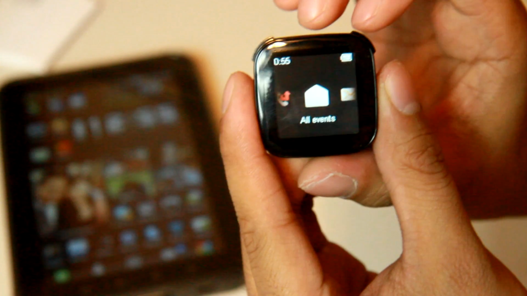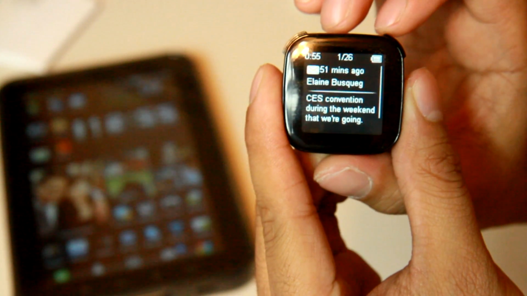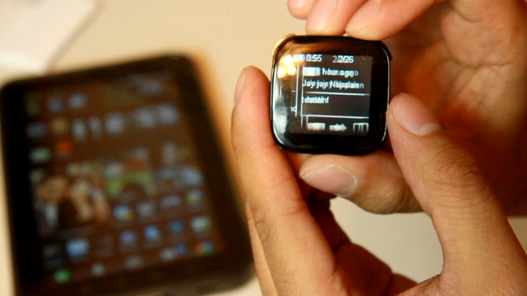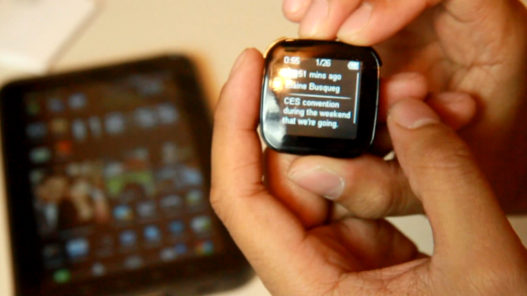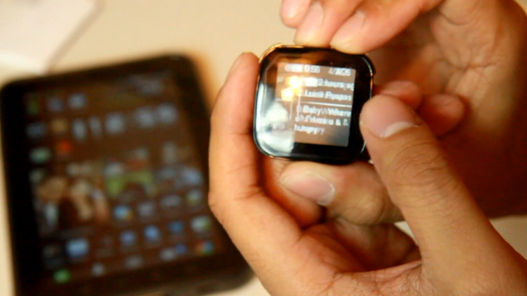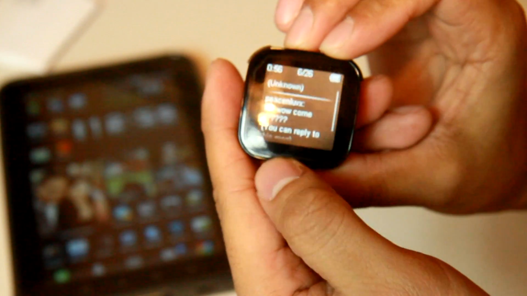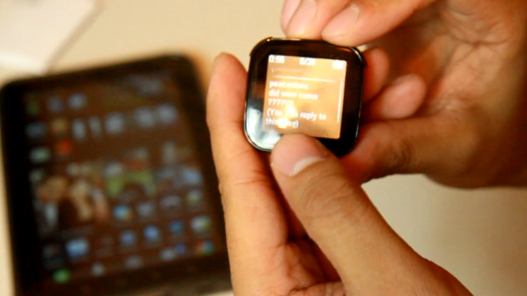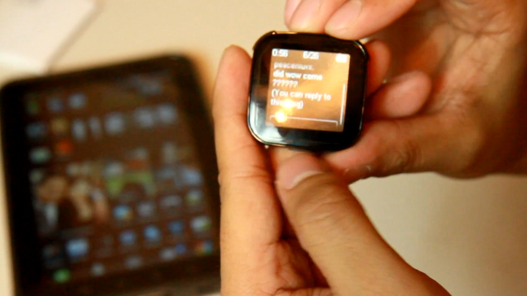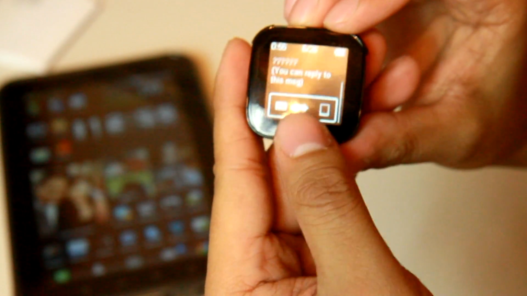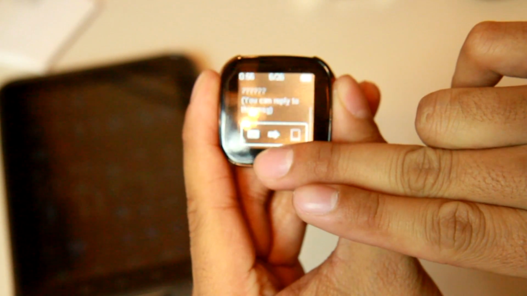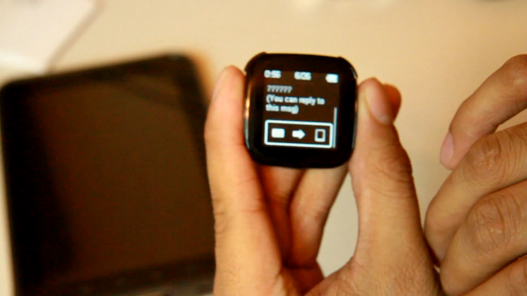All events will show all the events that were alerted. We select that, and then you can scroll through the different messages or different alerts you had. You scroll down. Oh, my girlfriend was wondering if WoW Cataclysm just came in because she's been waiting for her collector's edition. You scroll all the way down. You can just hold it down like up. If you scroll all the way down, and it ends up highlighting the